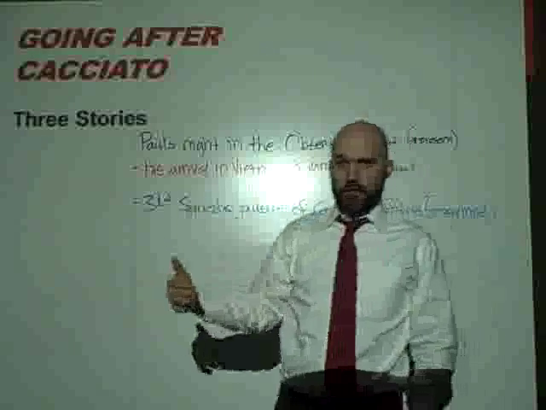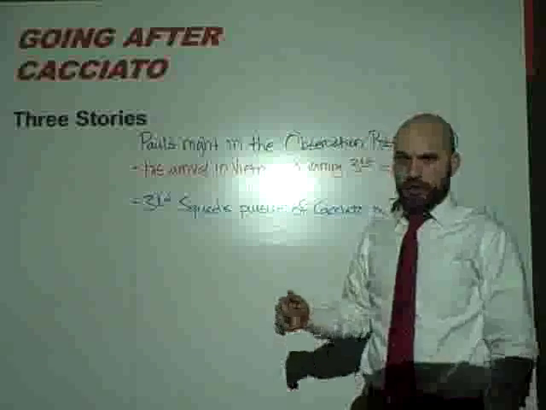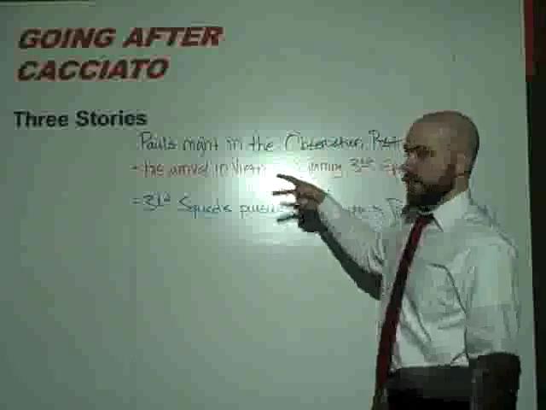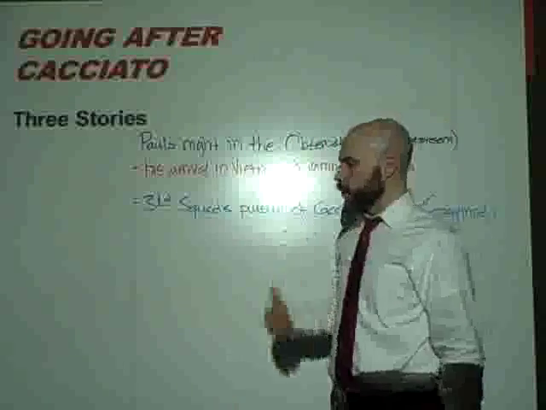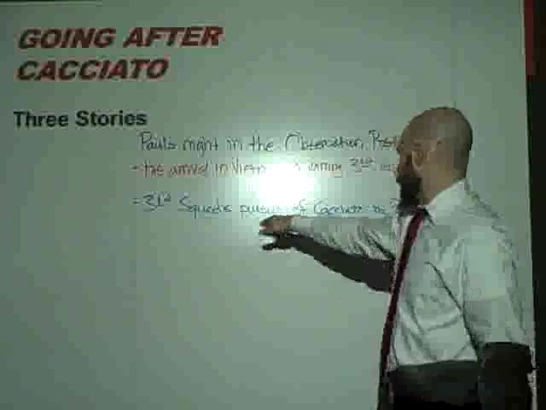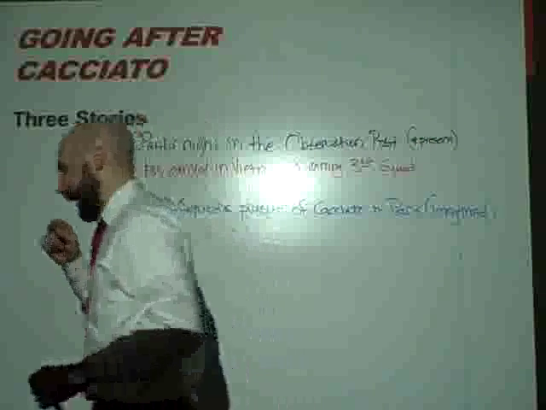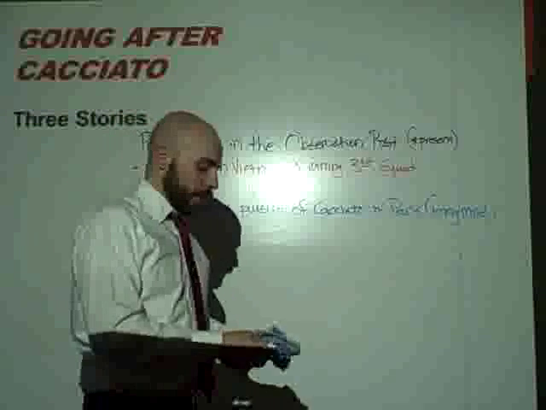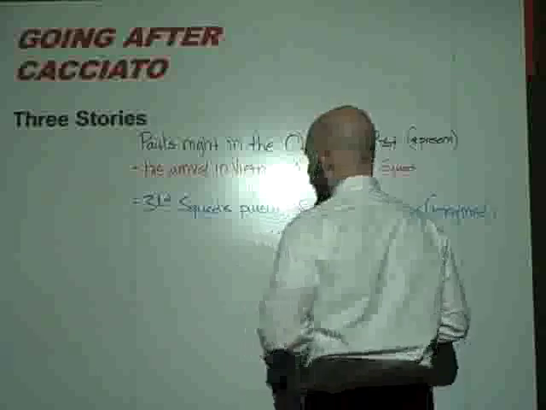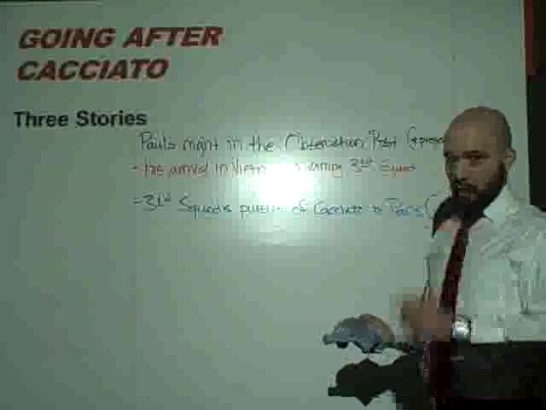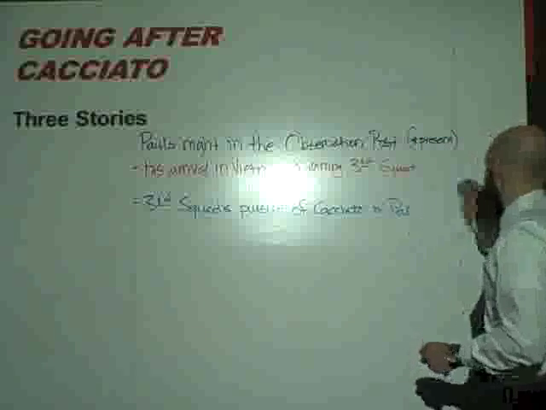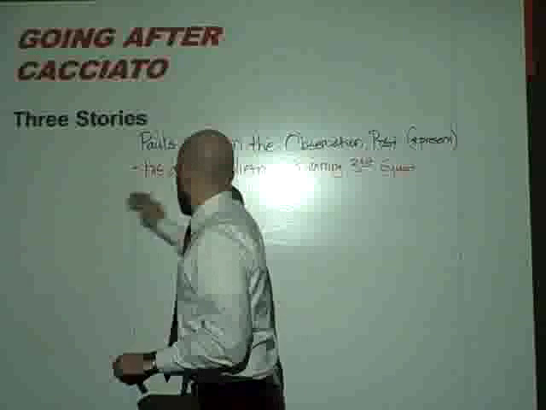You'll notice every observation post gives a very clear indication of the time, pulling us through in a very linear fashion, where these other two stories are kind of looping backwards constantly or telling a dream which isn't actually real. So those are the three stories that are in Going After Cacciato, and obviously we're going to talk more about them. Most of our work based off this lecture is going to be understanding how these stories fit together.